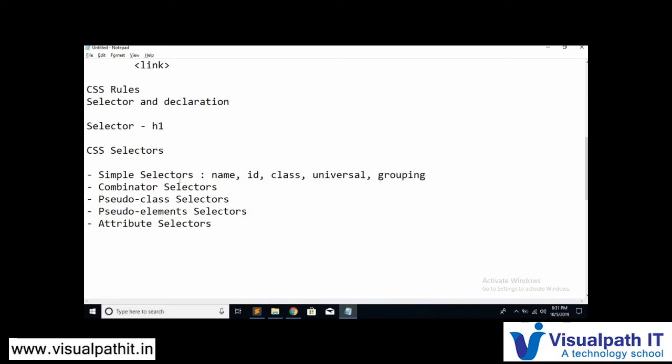These 2 are also a part of simple selectors. So we'll cover all the 5 types of selectors in this simple selectors itself.